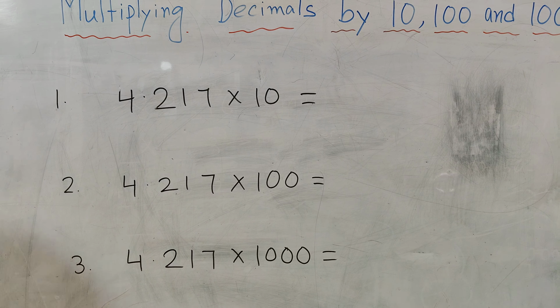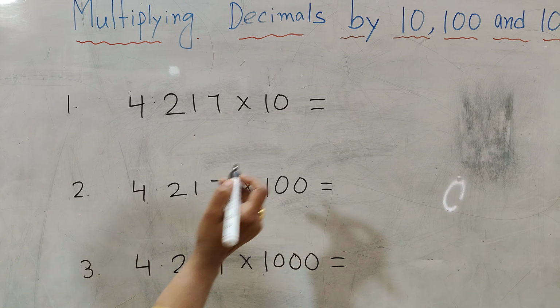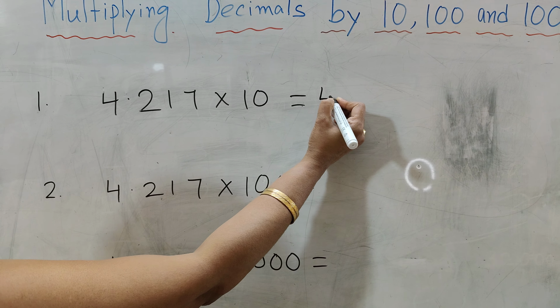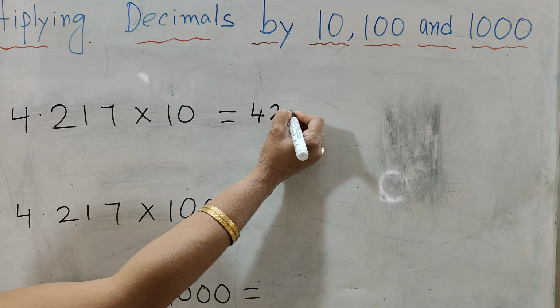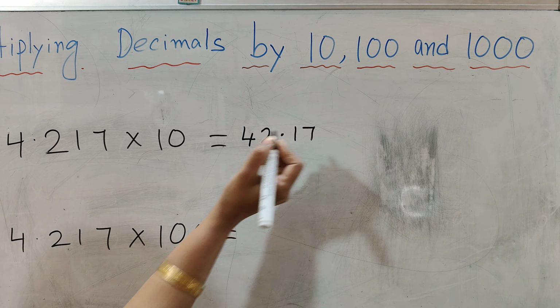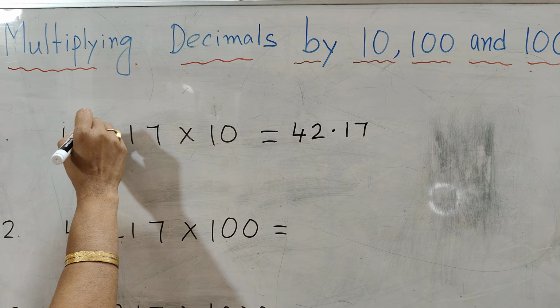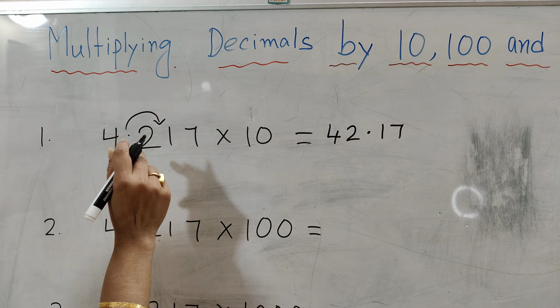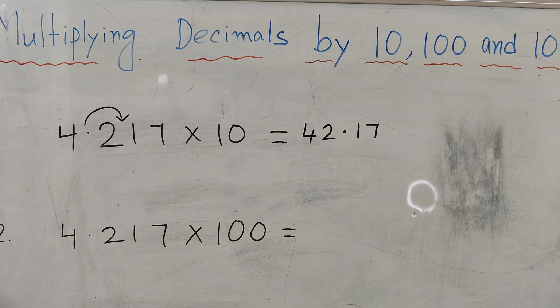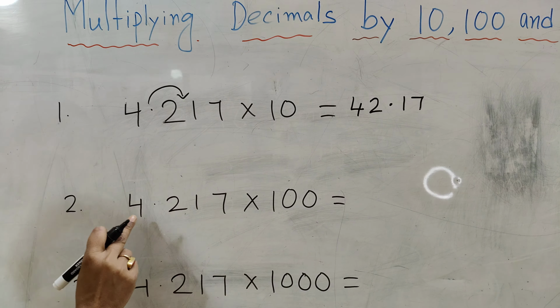So what will be the answer? The answer will be 42.17. The multiplier has only one 0, so we shift the decimal point to the right one place. Okay. Now in the next one, see,